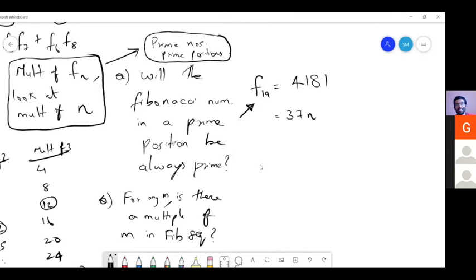So again, all these things are observations. We have not proved any of them. But we have already discussed the tools that can be used to prove this. For multiples of Fn occurring at multiples of n, like we did with F7 and F8, using that with n and n plus 1, it is possible to prove this. Oh, have you proved it?